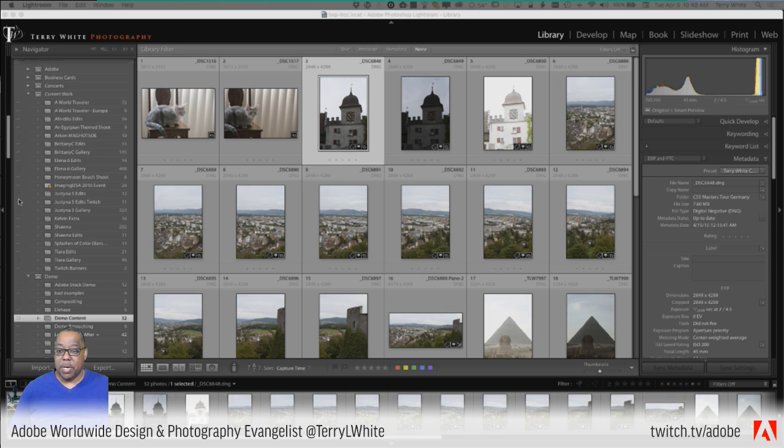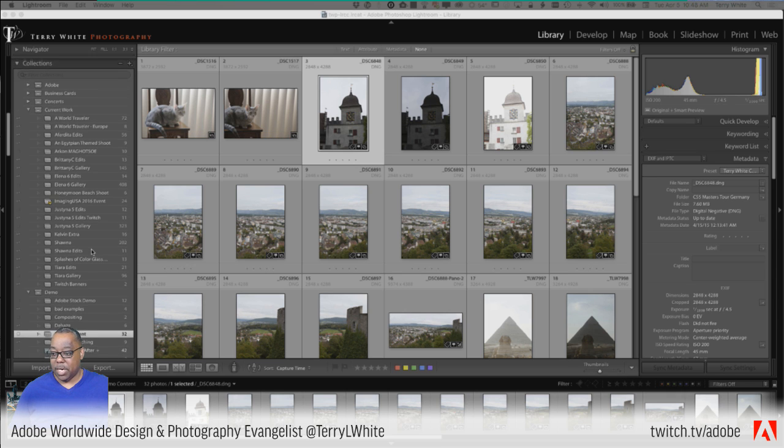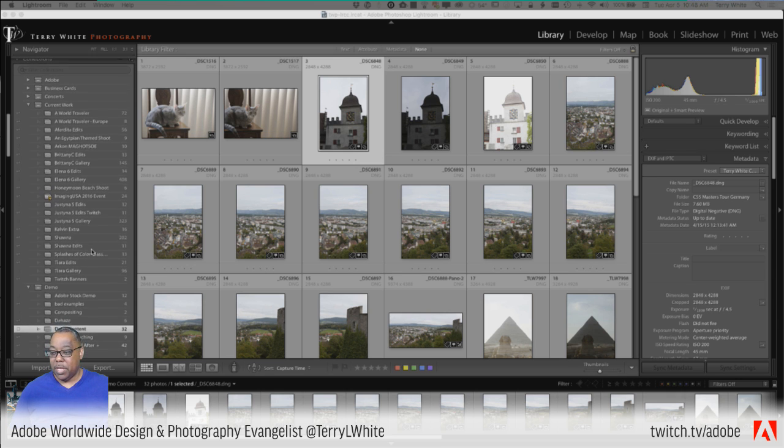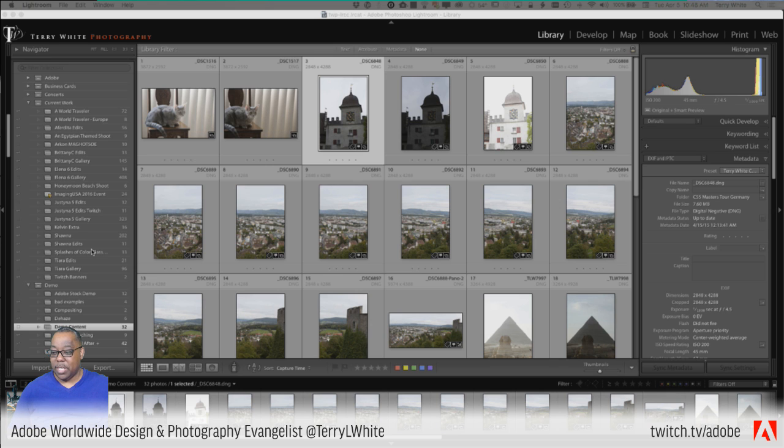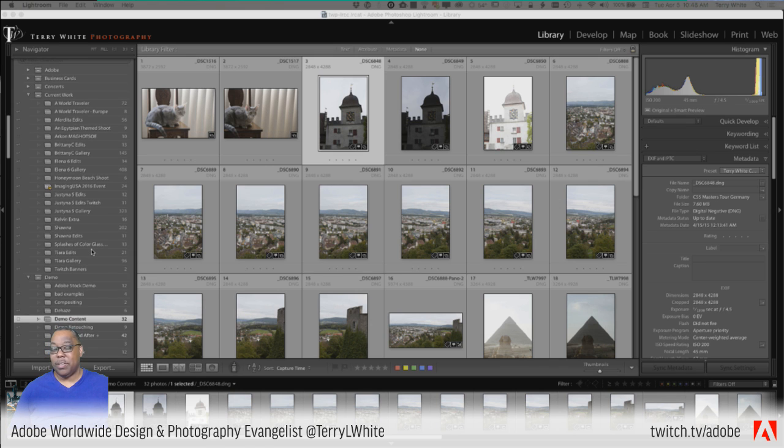Let's talk about smart collections, and let's talk about collections in general. So what is a smart collection? We know what, well, maybe we don't, but a collection is a grouping of photos that you make based on a set of criteria that you give Lightroom. So I'm sorry, a collection is a grouping of photos that you manually make by just putting photos in a collection. It's like a playlist in your music software.